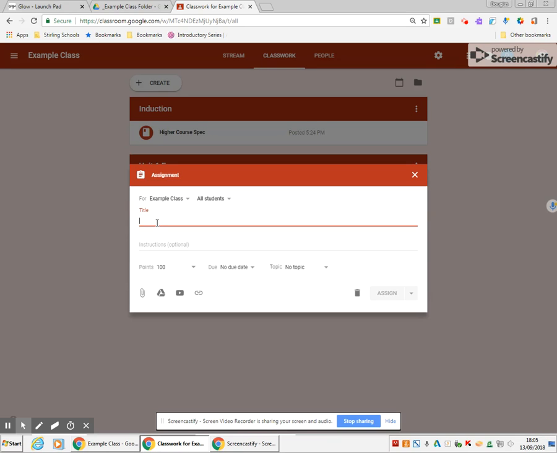So this example I'm going to use is in the higher project. At the end of the year, they do an evaluation and they have to prepare a page of notes for that evaluation before they do it. So I've got a wee document that gives some guidance about that, but ultimately I need them to make their own document with their notes on it because I can't give them a template for it. So I'm just going to say